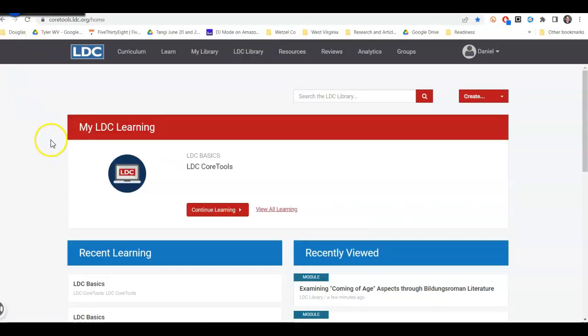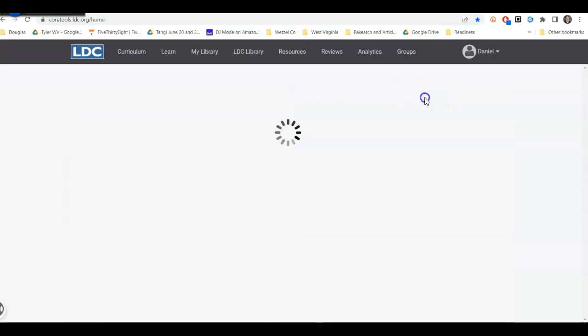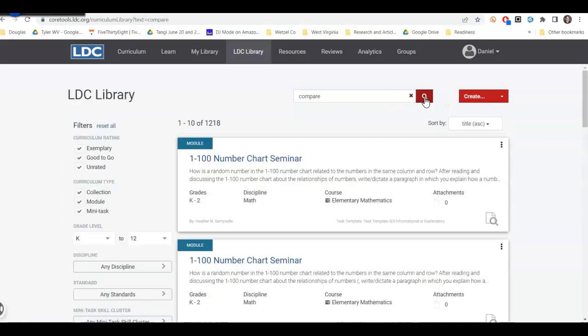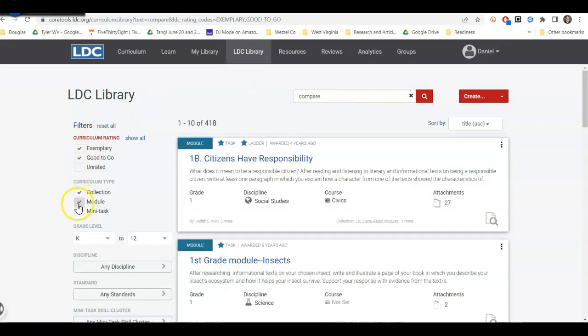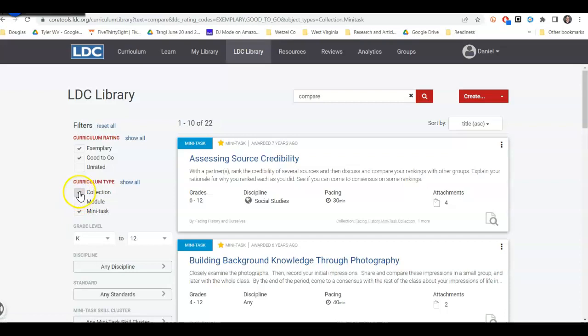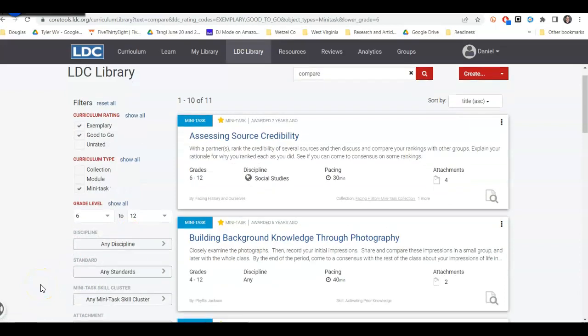But what if the text isn't in here? The library also has strategies for skills. So let's say I'm teaching a comparison essay. I want students to compare. Well, I can search for mini tasks, just mini tasks. And again, I usually go from secondary. I think of it as secondary and elementary